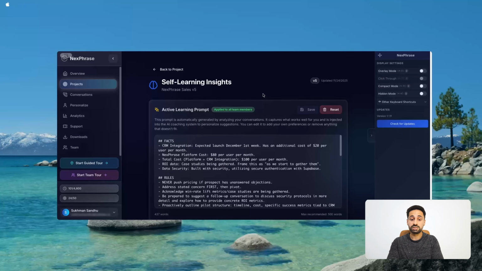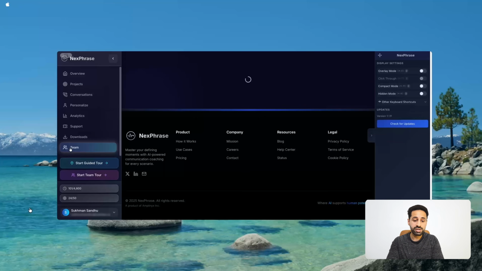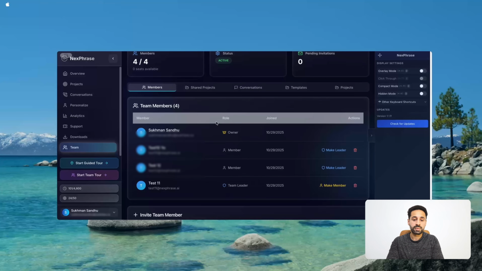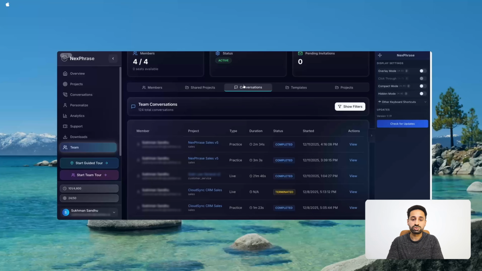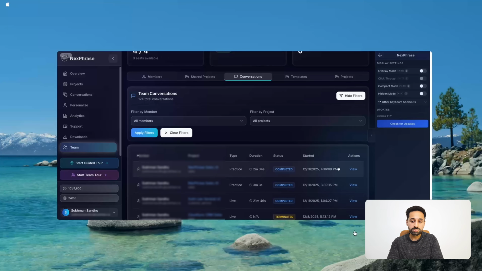Every team needs situational awareness. As a team owner or a team leader, you get satellite view in the conversations tab. So I'm just going to go to team over here. Go to conversations over here. So every conversation your team has, whether it's practice or live, it flows through this dashboard. You go filter by team member, filter by project, filter by date. And you go click into any conversation